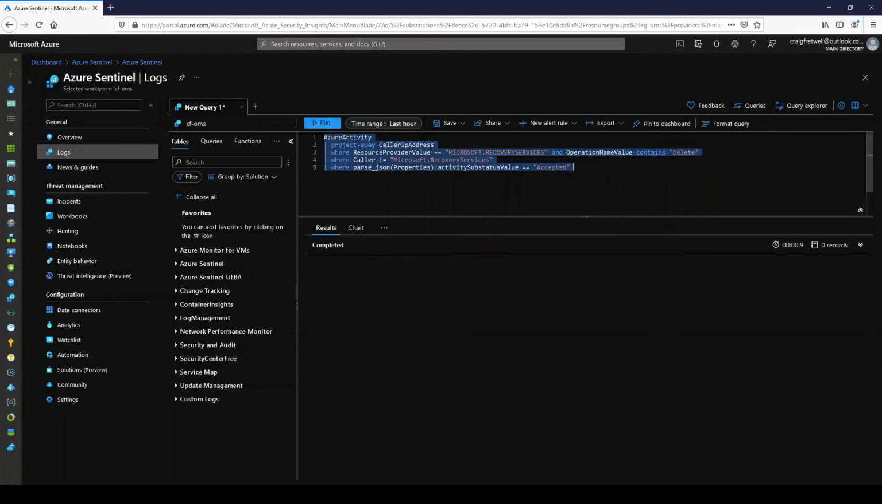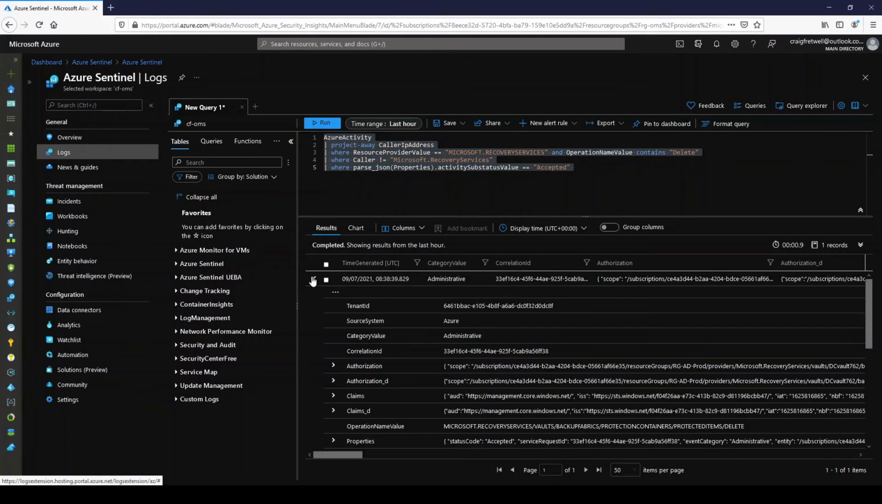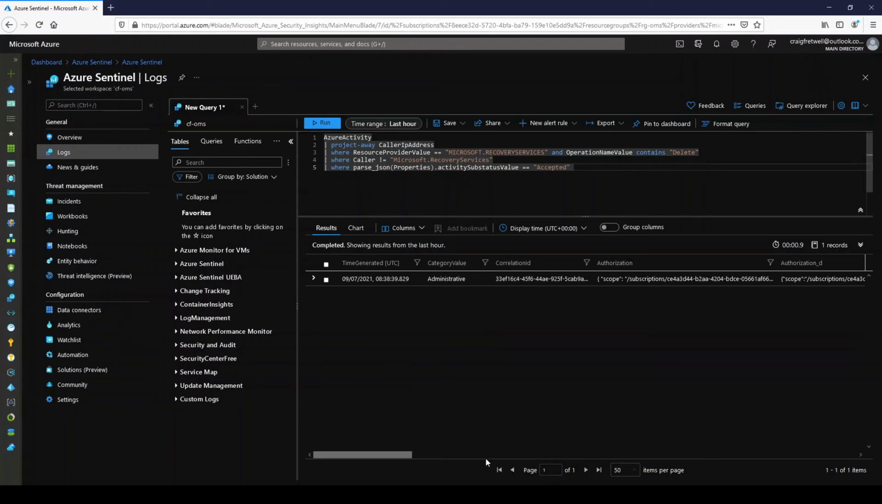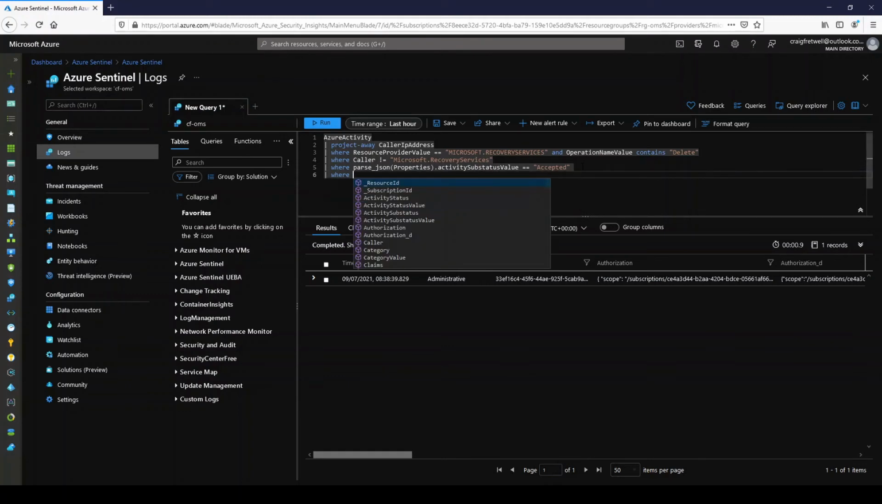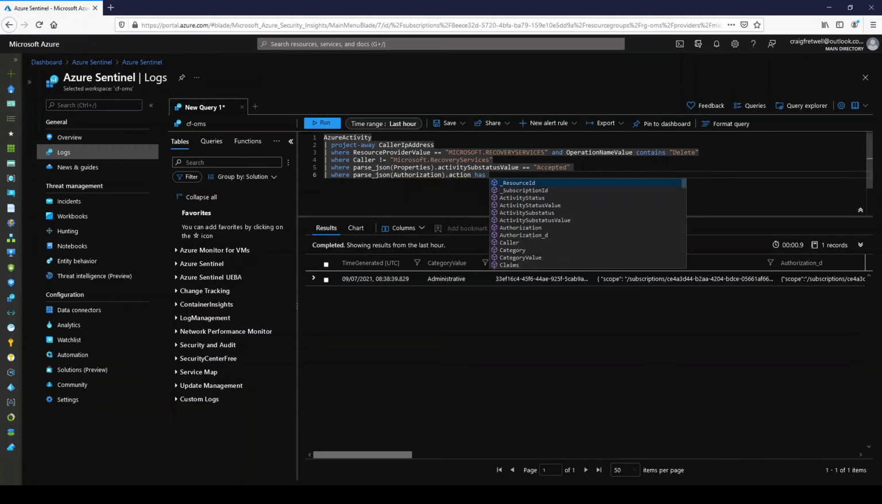So now I'm going to hit this, and excellent, we get 1 result. This is what we're looking for. This is basically my action, where I went on there and actually deleted this container. But we need to format this query a bit more, because this result is kind of gibberish. So next we parse JSON again, underscore JSON, then authorization, close this bracket, and go action, and then has